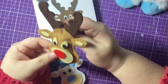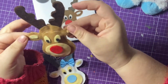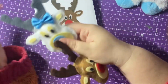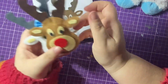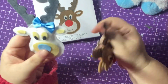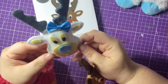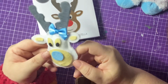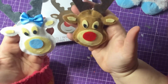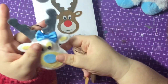I just used hot glue very carefully just around the edges to make them, and I've done one in an actual brown, like a reindeer, and then I decided to try and do a sort of snowy one. I guess it's more like a polar bear trying to pretend to be a reindeer. I don't know, but I just thought they look really cute little key rings,